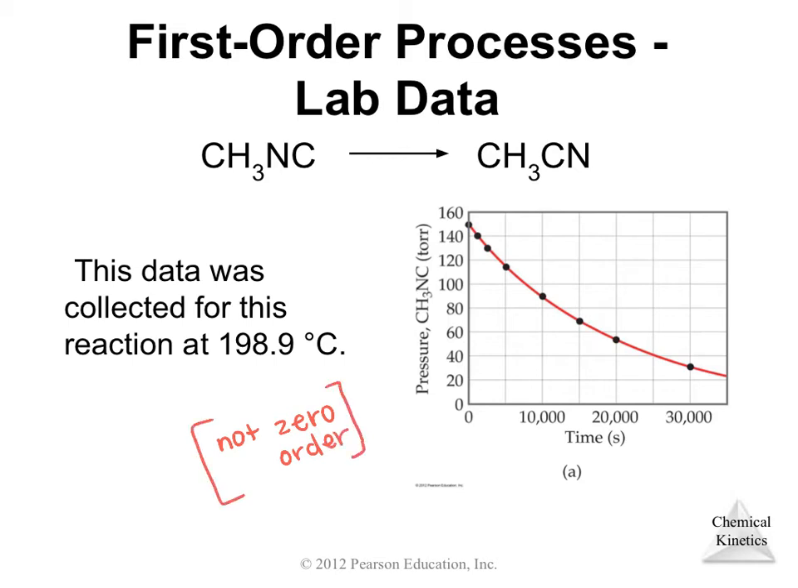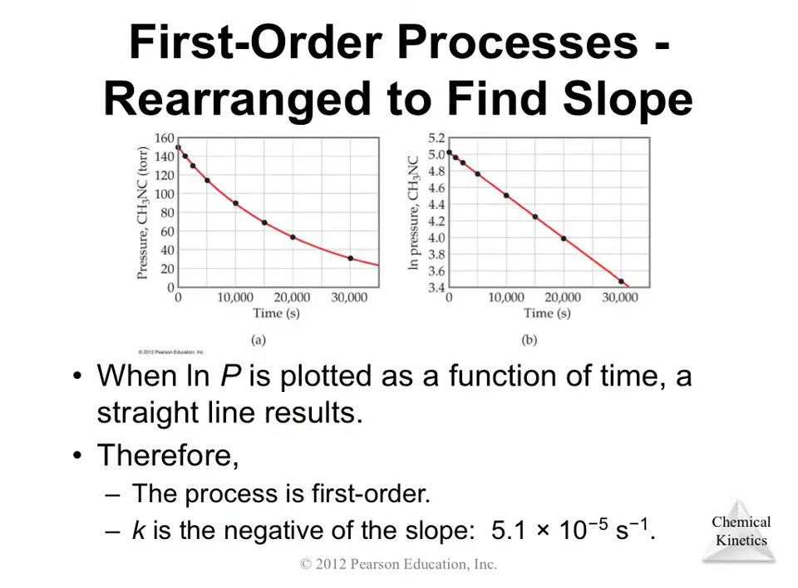Okay, if it was zero order, we would see just a straight decrease because it doesn't matter what the concentration is. So because we didn't see that, we know that this is not a zero order, okay? So now we need to decide what order it is, and to do that, we're going to change our data. So we are going to find the natural log,